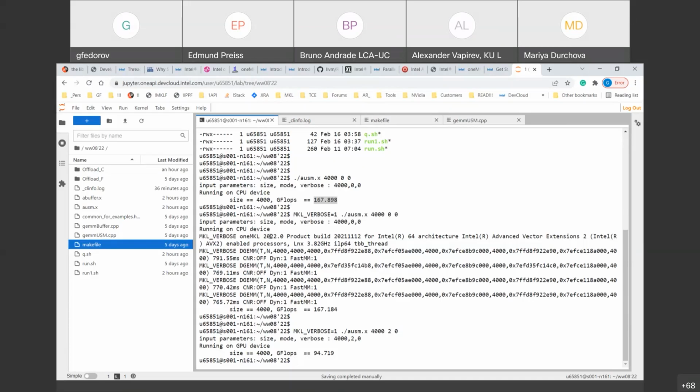With the latest discrete cards, if you run this, we could see very significant performance differences between running this code on the GPU and CPU part, many times, but it's just a separate topic for a presentation. And if you need some NDA session, if you would like to see these results,